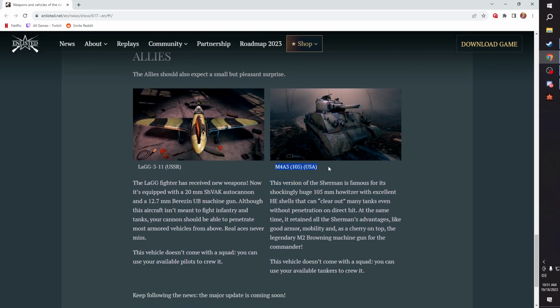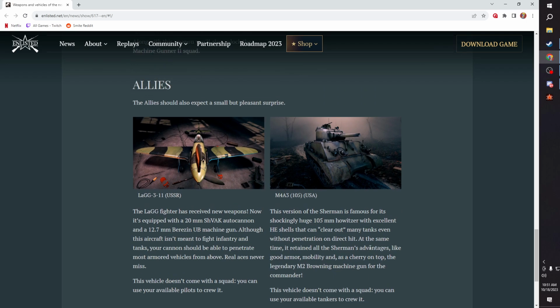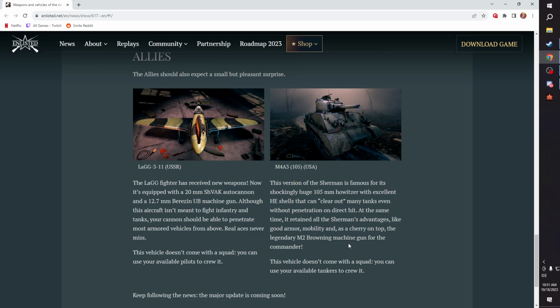And then of course the 105 Sherman. Okay, the M4A3 105 Sherman. It's got a howitzer on it. I'm sure we'll get like HEAT shells or something like that. But just a Sherman through and through. You know, 105 millimeter. I mean, a 105 millimeter shell slapping the side of a tank is going to blow it up regardless of if it penetrates or not, right? Just the concussive force alone is going to turn everybody inside to mush. So you don't really need any kind of penetration with this thing,